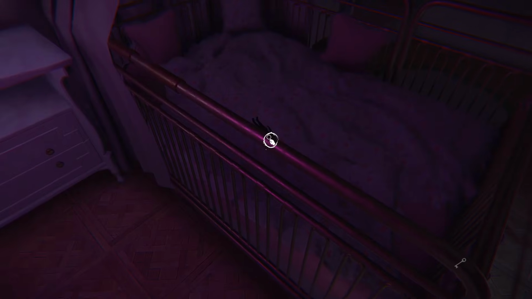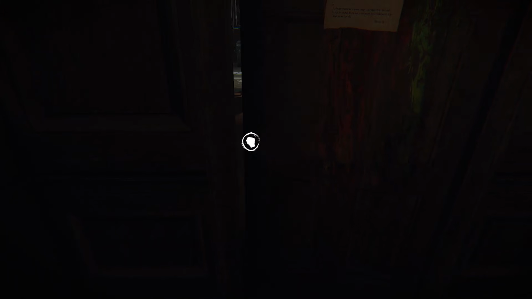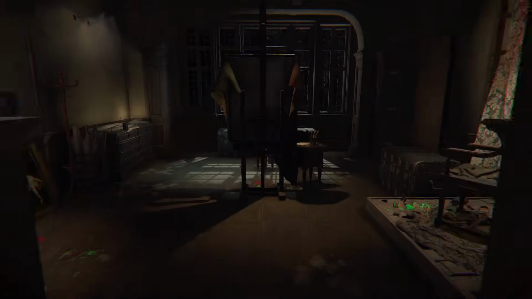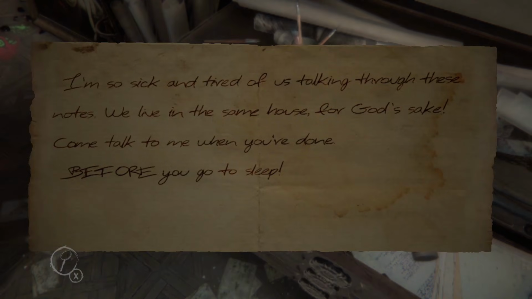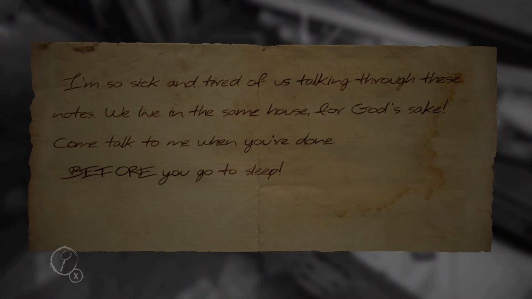There is a child's bedroom too, so the child the couple were expecting has been born. There is no cot or crib, so that suggests that this child is at least 4 or 5 years of age. On entering the locked workshop, it's clear that the painter has a drinking problem, from the 2 chests full of booze behind his easel. A note from the wife indicates that they've stopped talking to each other directly, and she is now growing tired of leaving notes for one another.